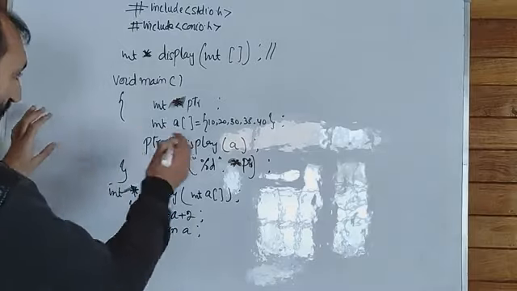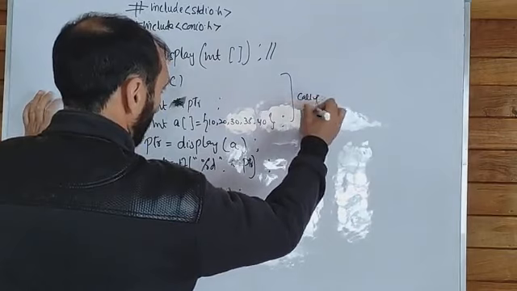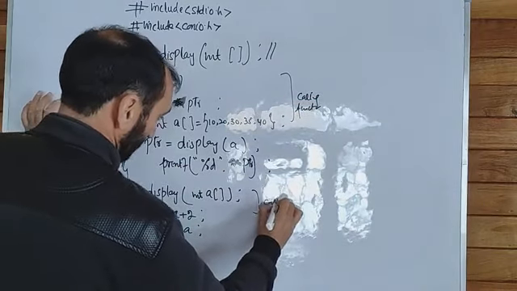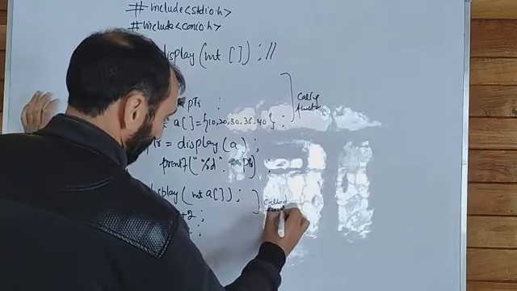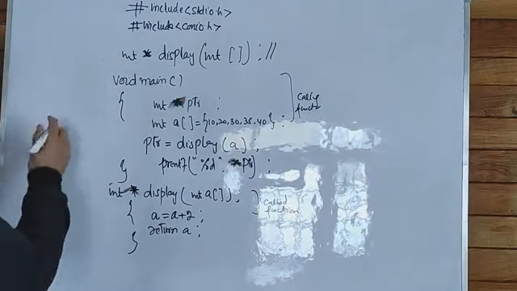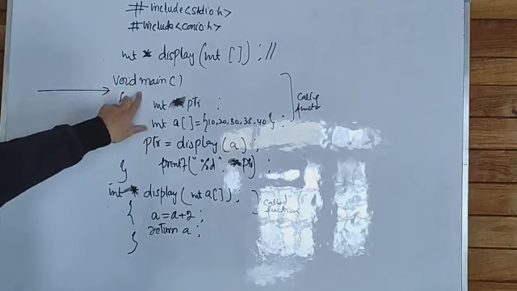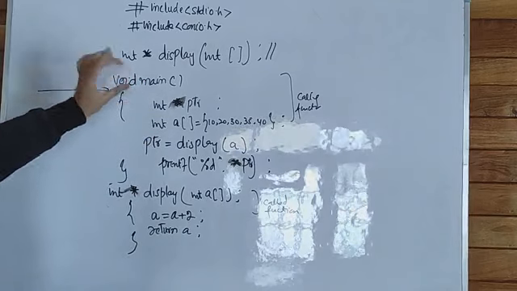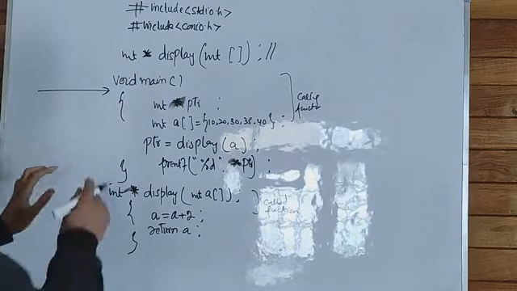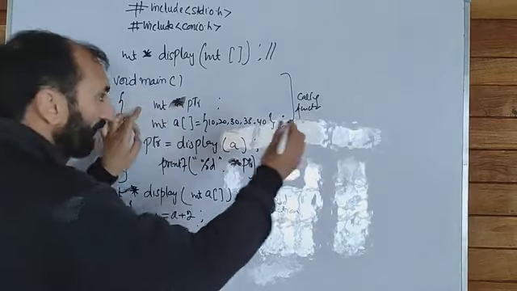So this main function is the calling function, and this display function is the called function. We know that the execution of the program will start from this main function. This main function is the main program. It will start execution of the program, and obviously when the execution starts from here, first of all, in the